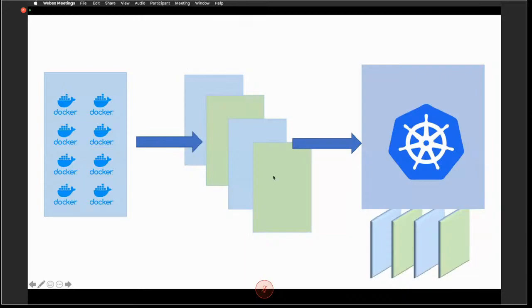So a COE, and here in this case Kubernetes, combined all these nodes on the back end, and all of these nodes combined started forming another layer, which is now available for everyone to see, which is Kubernetes.